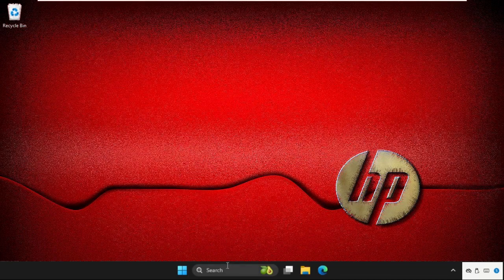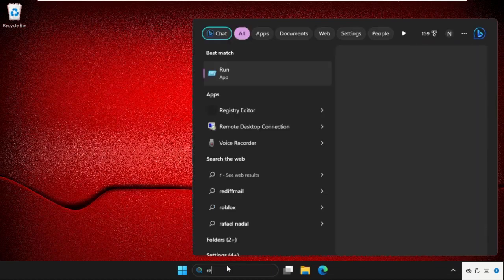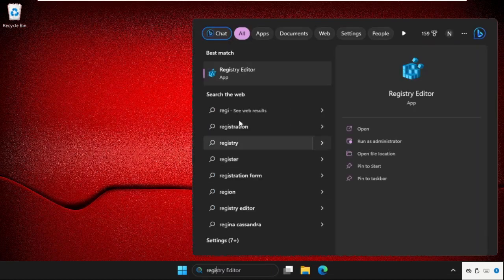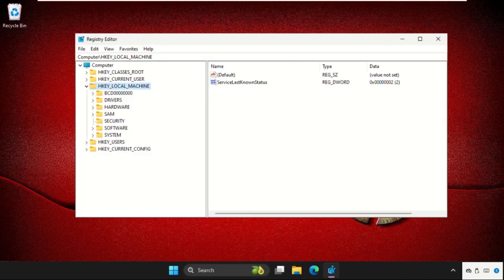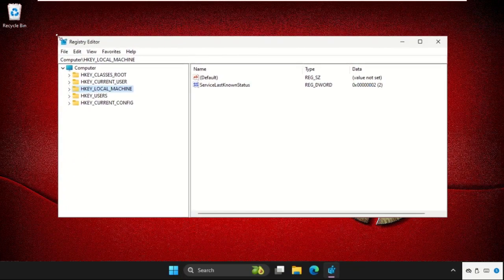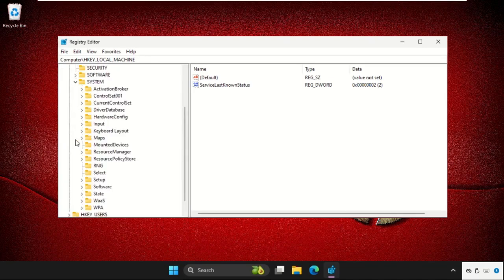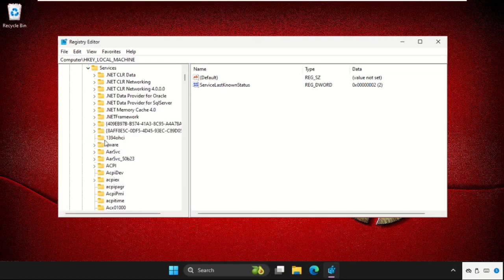So in the first step, just go to search bar and type registry editor. And from the search results, right click on it and select run as administrator. Select yes. Once we are here on this window, we need to simply expand the HKEY_LOCAL_MACHINE, then expand the SYSTEM folder, then expand the CurrentControlSet folder, then expand the Services folder. Then here we need to find out the